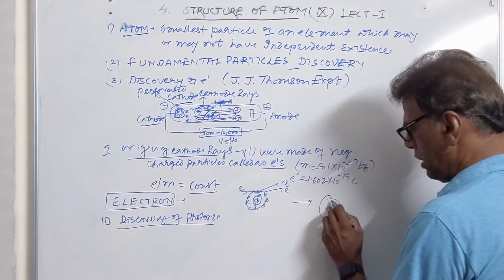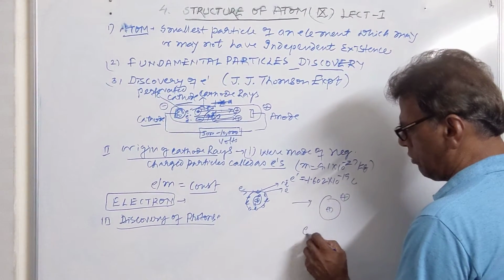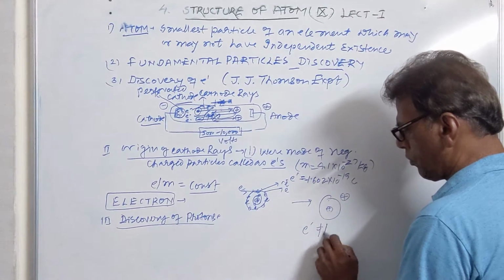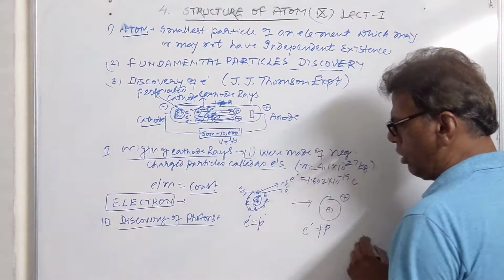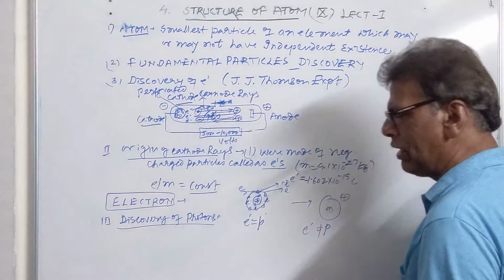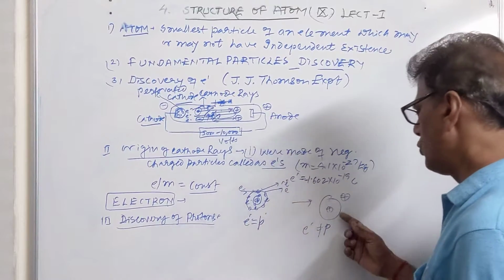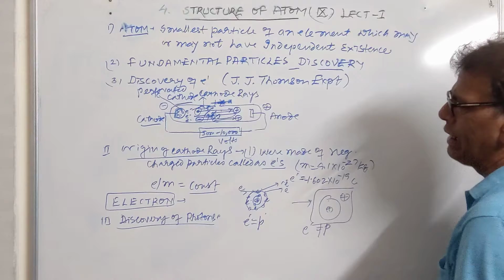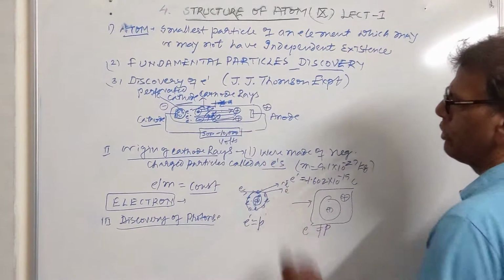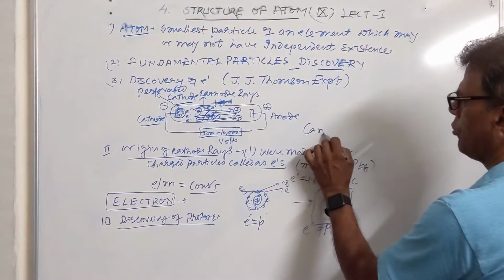The remaining gaseous atom acquired positive charge because the number of electrons was not equal to the number of protons. Here, electrons were equal to the number of protons, so it was neutral. Now electrons have been ejected, taken out by these striking electrons. So now electrons and protons are not equal. This is a positively charged gaseous ion. They start moving towards the cathode. That's why they are called canal rays or anode rays.